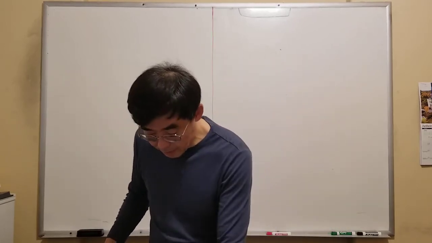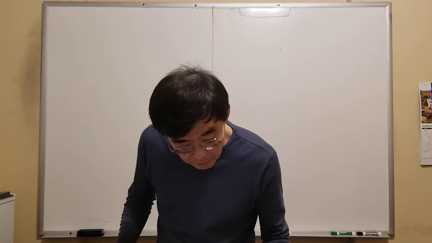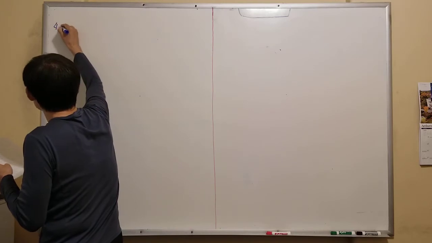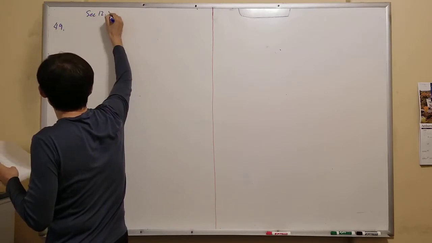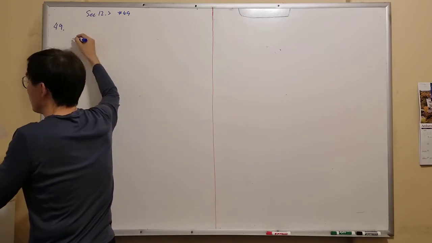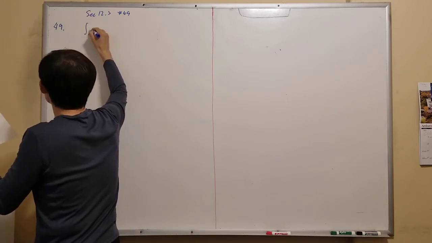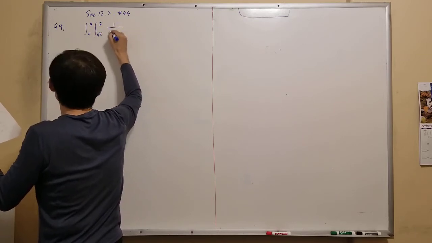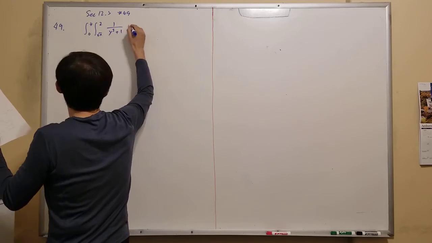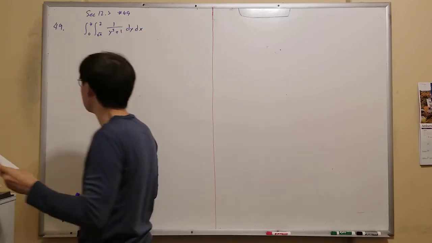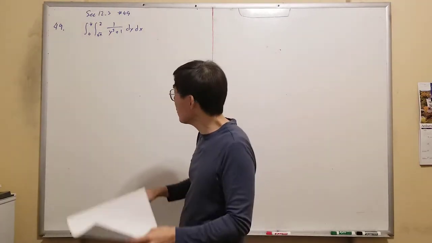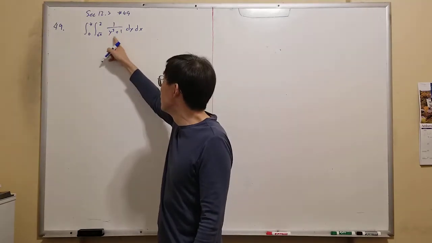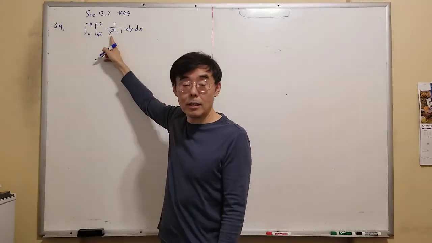you were given this iterated integral, number 49, section 12.3, number 49. The iterated integral is given like this: 0 to 4, square root of x to 2, 1 over y cubed plus 1, dy dx. Now, if you try to do this iterated integration, you don't know how to get an antiderivative of 1 over